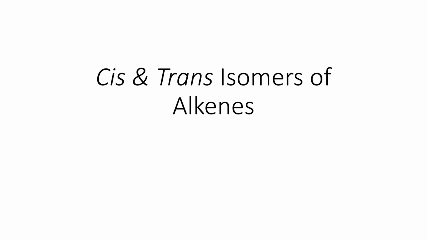Alright, we're going to review some problems from your handout on drawing and naming cis and trans isomers of alkenes. In this problem we are told we have an alkene that is 4 carbons long, hence the "but" and